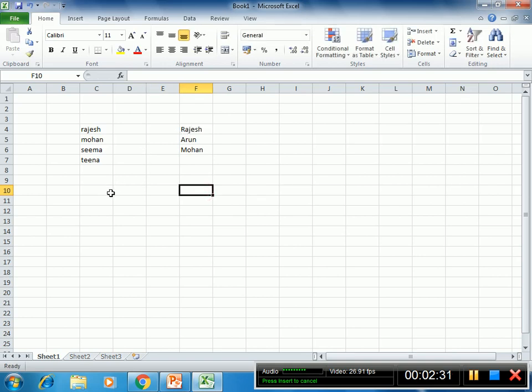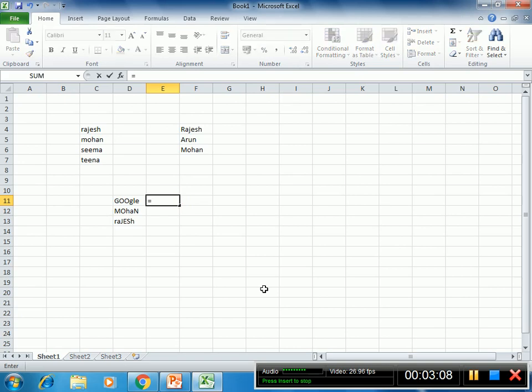And suppose you have some toggle-case names like G double O G L E, and M O H A N, Mohan, and another name like R A J E S H, and you want to correct all these names.